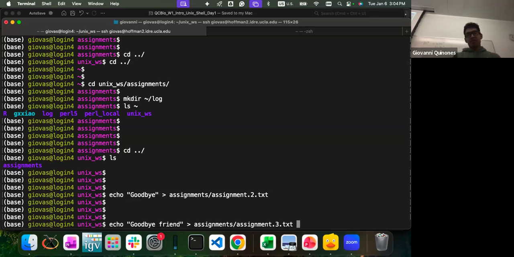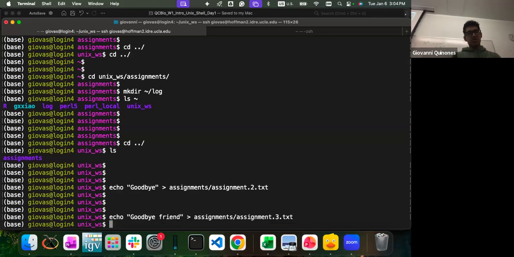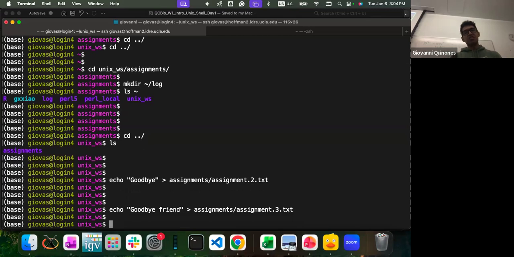And instead of directing it to assignment 2, I'm gonna direct it to assignment 3. Okay. So that way I created a new assignment much faster. I don't need to type the same code over and over. Just use the up arrow and the down arrow to scroll through your history of commands. And then you can just edit previous commands the way you like.